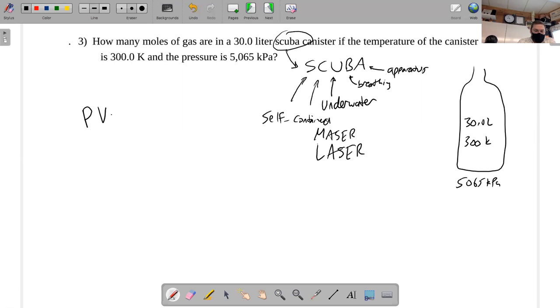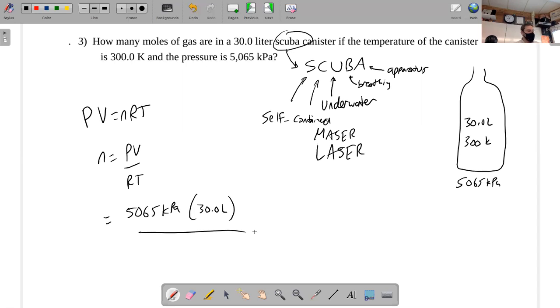From the ideal gas law, PV equals nRT. The number of moles is PV over RT. So the pressure is 5065 kilopascal. The volume, 30 liters. The ideal gas constant you want to use is whichever one has the unit for pressure that's in kilopascal. Yeah, it's got 8.314 liter kilopascal,